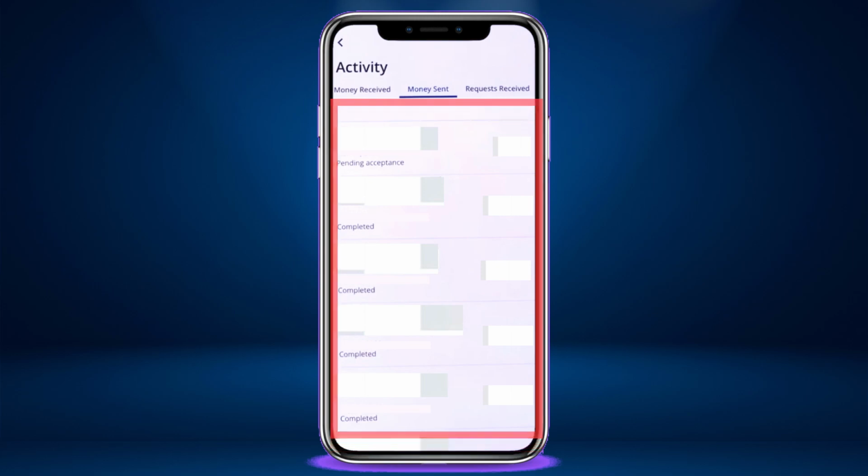Now, pay attention to one important detail. If it says completed under the transfer, you can no longer cancel it because it has already been received by the other person. However, if it says pending acceptance, like the first transaction you see here, then it can still